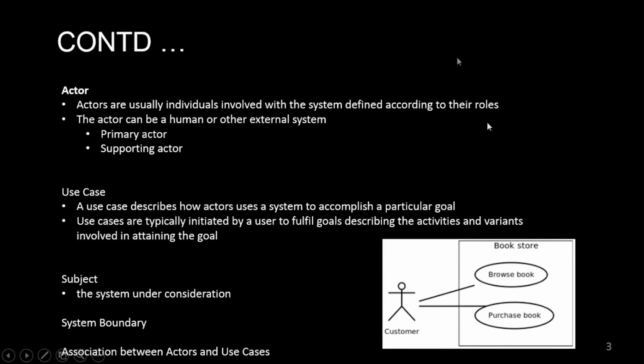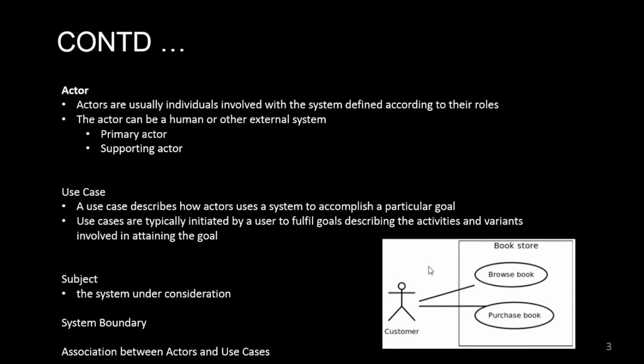indicating that the two of them communicate through message passing. Okay, some message is passed like that, so we have to represent this thing graphically here this way, and whatever actor is there must be associated with at least one use case in your diagram, and similarly a given use case must be associated with at least one actor.